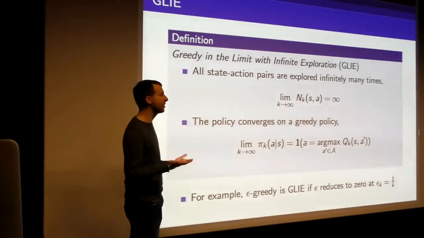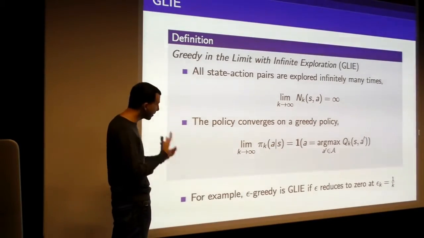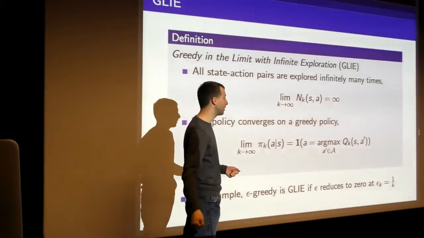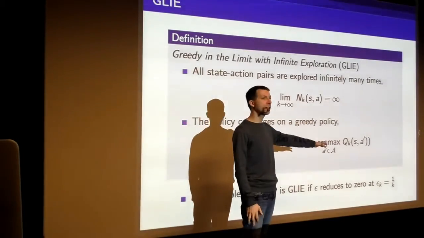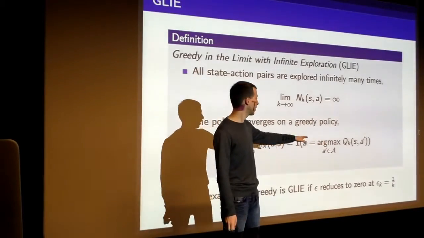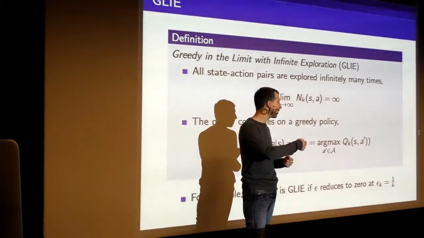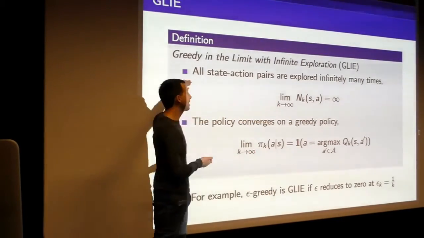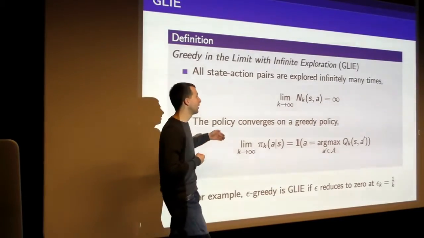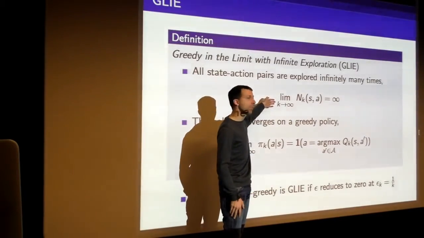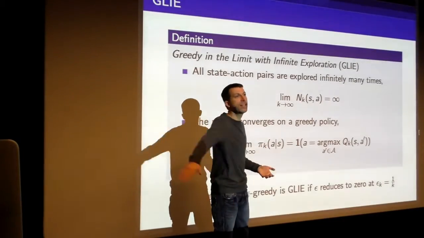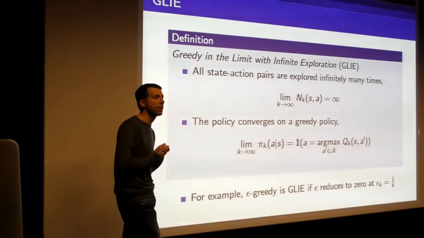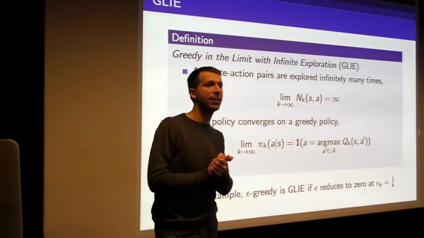One way to achieve this, by no means the best way, but certainly one simple idea, is to choose an epsilon greedy policy and just decay epsilon slowly towards zero. For example, if you choose a hyperbolic schedule, on the kth episode you set your epsilon to 1 over k. That satisfies these two properties: you will see everything infinitely often, but asymptotically you become closer and closer to the greedy policy. Okay, so that's one way to balance things.